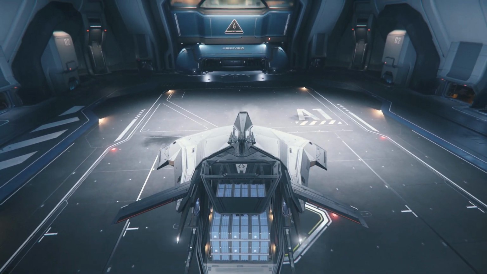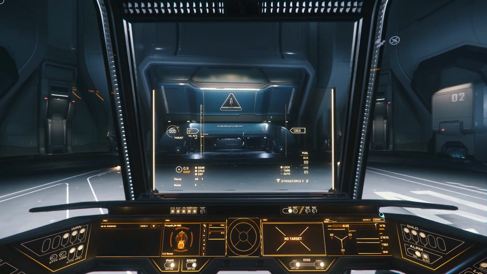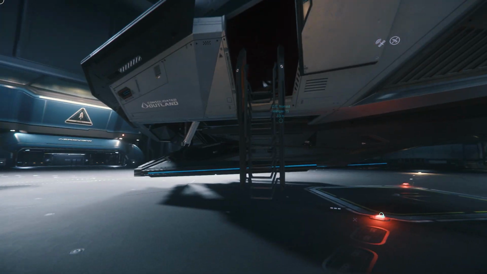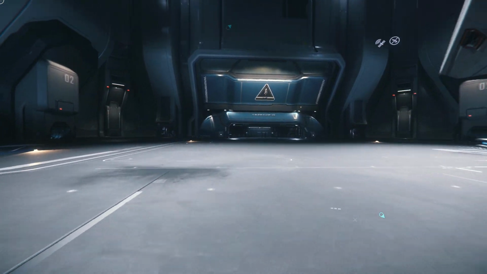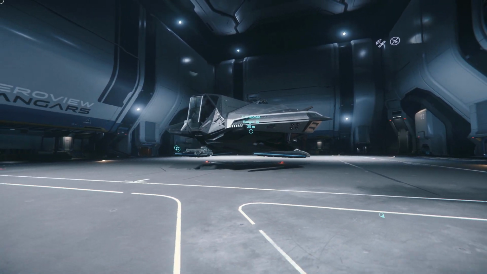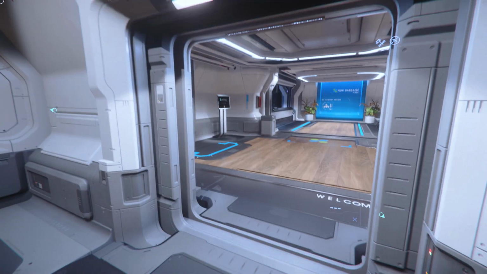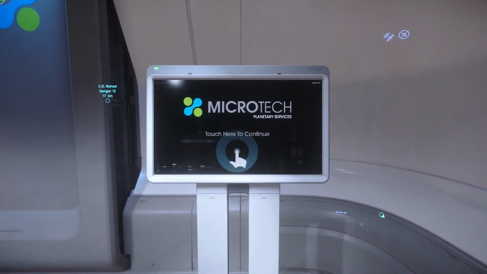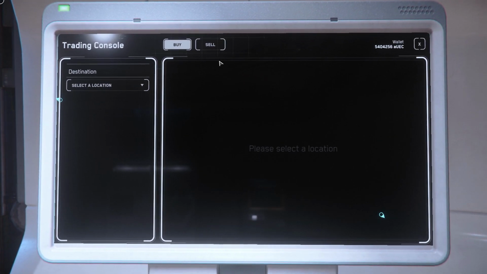Trying to be careful landing. It always feels like I land way too hard with this thing. Landing complete. Sometimes exit ship doesn't seem to work and I have to just jump out, which is kind of weird. Okay, here we are. It was about 11,446. I don't expect a bunch of profits, but...